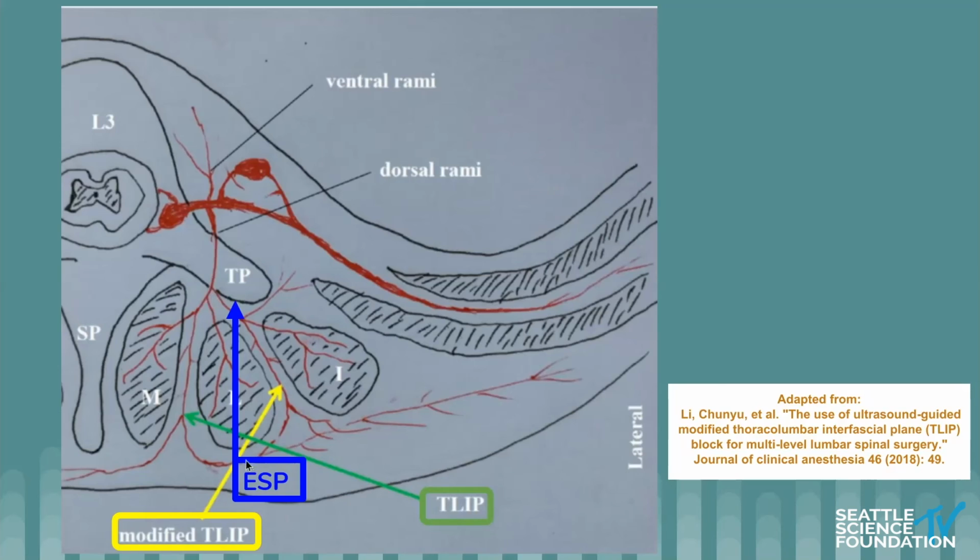With regards to the ESP block, we're depositing all of our local anesthetic adjacent to that dorsal primary ramus. So intuitively, you would expect the results to be similar between these two. As an anesthesiologist who performs these blocks, and also as somebody who in Denver taught these blocks to many of my colleagues, the advantage that I would give to the ESP block is that because you have the tactile feedback